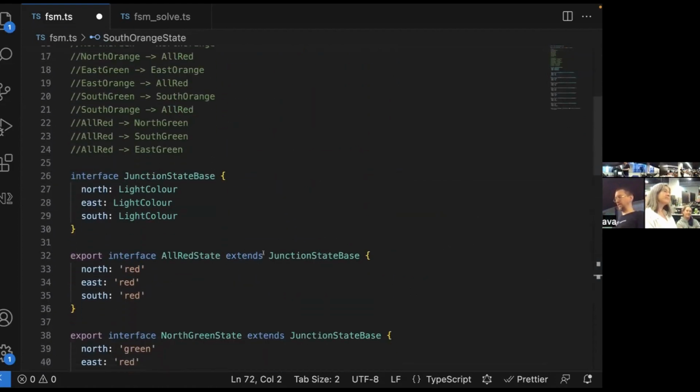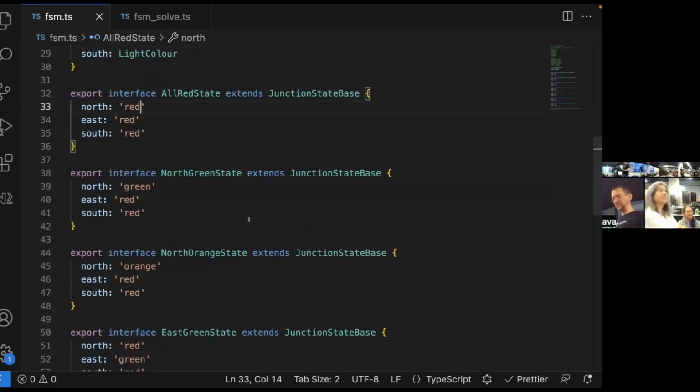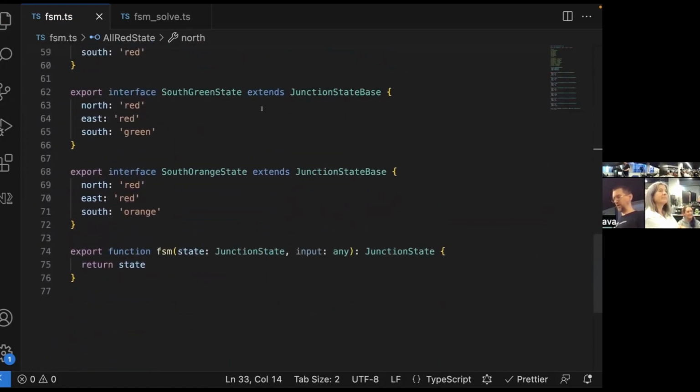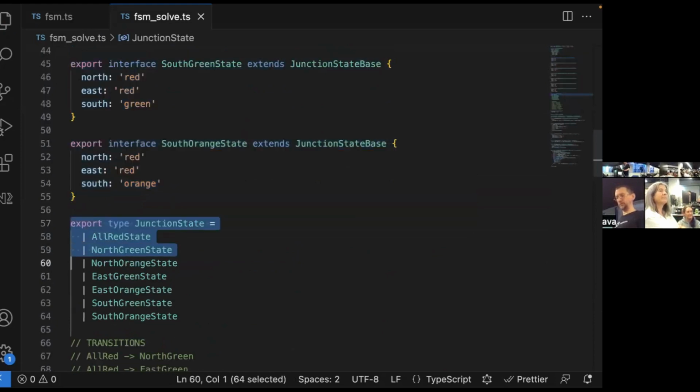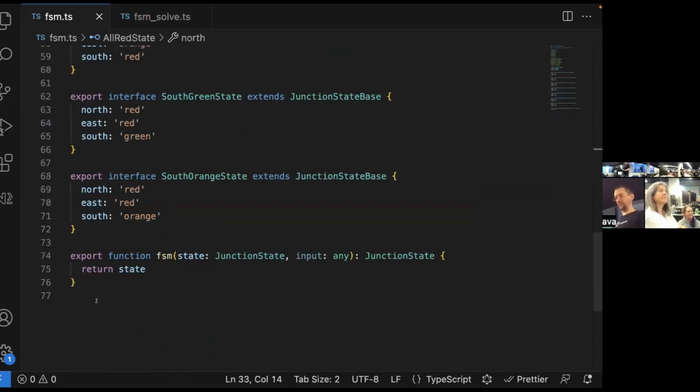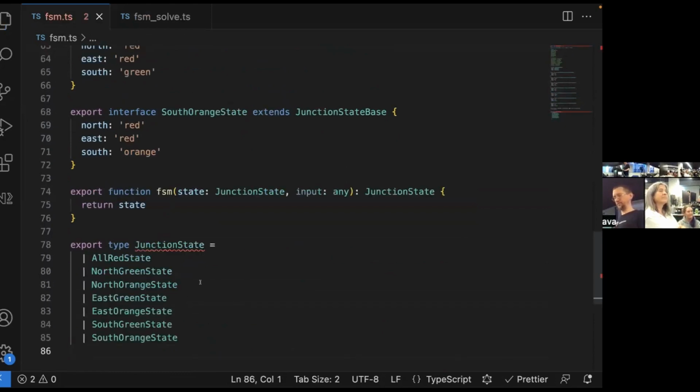So the reason I've done the extends junction state base in this particular case is to make sure I can't accidentally do this sort of stuff, right? So it's to help me with what we're doing. Then, once we have this, we have all possible states.